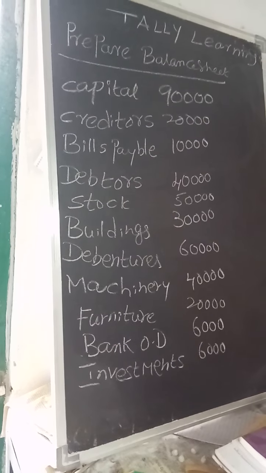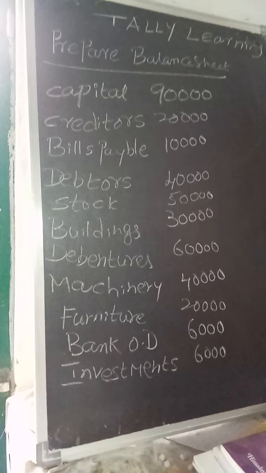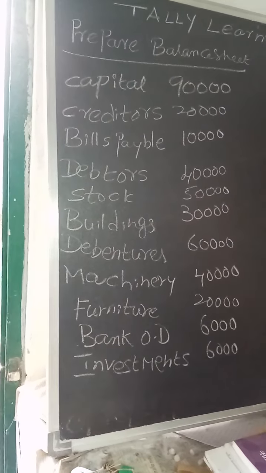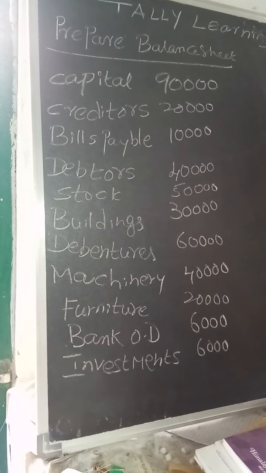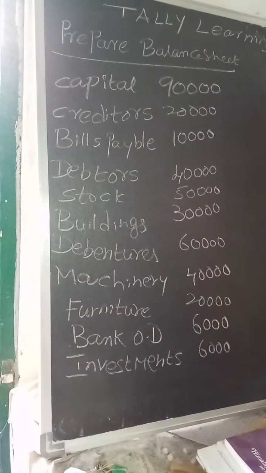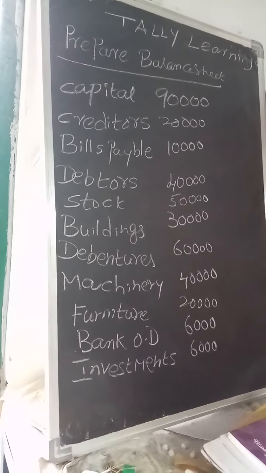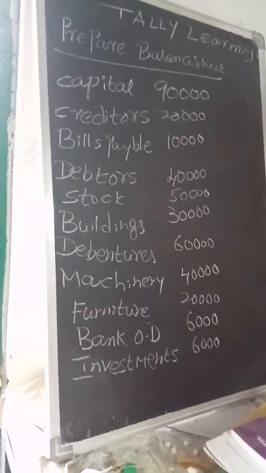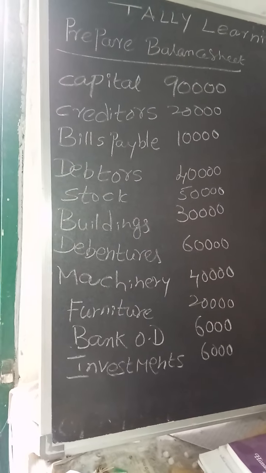Copy the question, create a company on your name, enter the ledger accounts under multiple, under all items, press Ctrl plus A, then go to main menu, there select balance sheet option, then write the output in the notes, then press Alt plus F1 so that you are going to get more and more particulars.